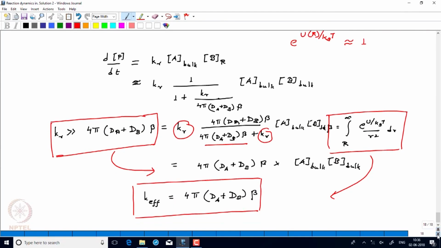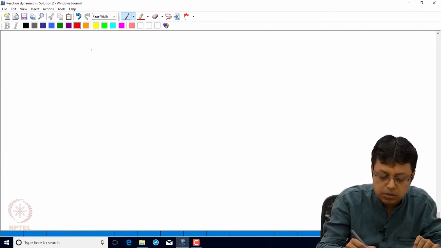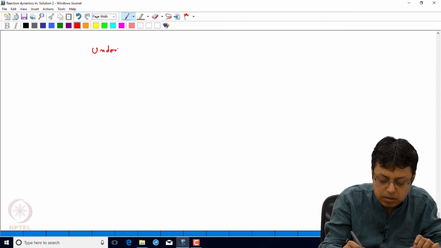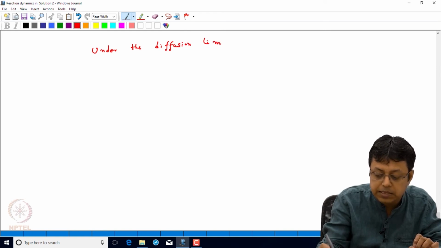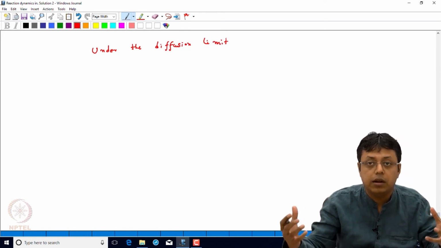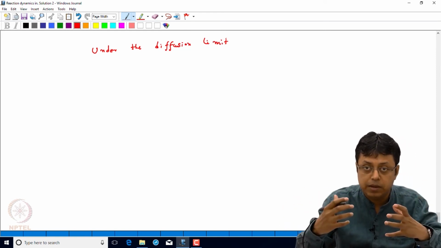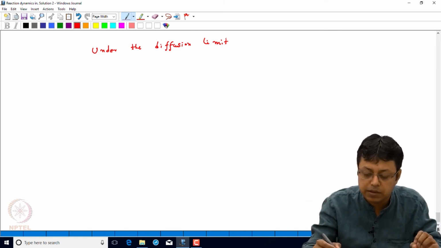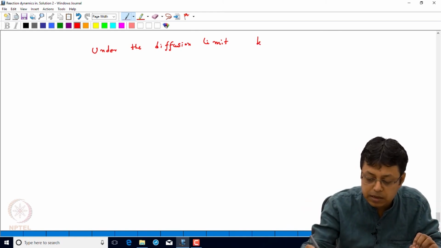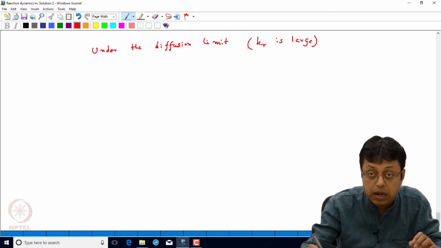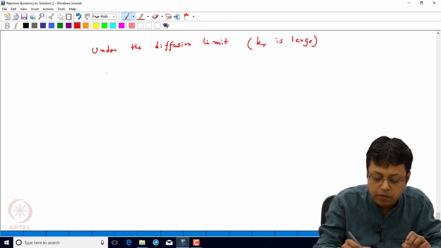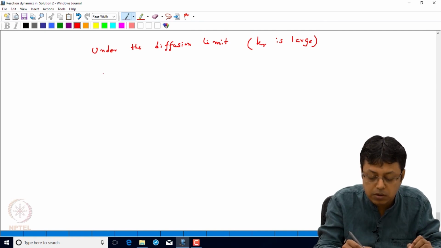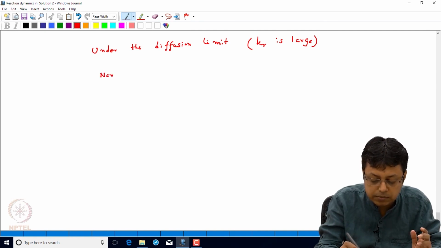Under the diffusion limit, which means the limiting step is the diffusion of the encounter itself, because every encounter is giving me the reaction, which means that Kr is large compared to the other terms,